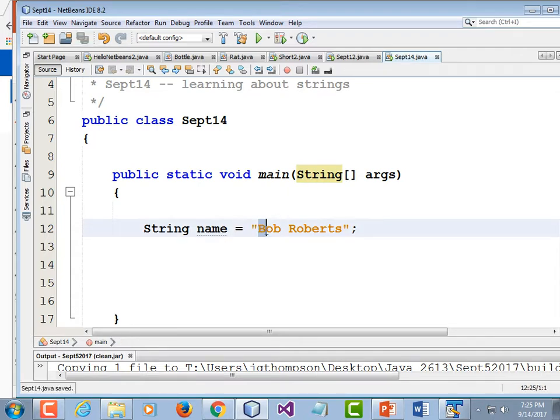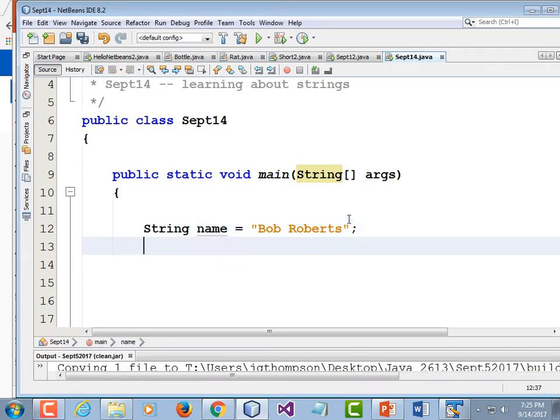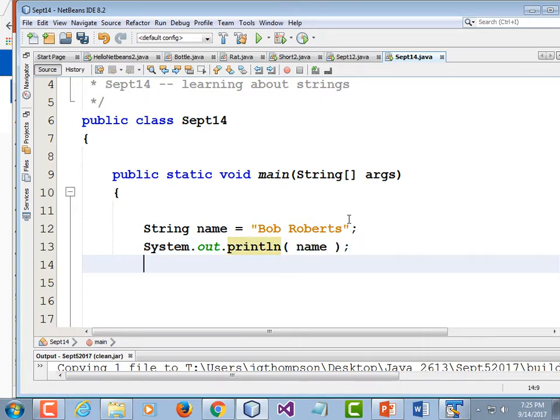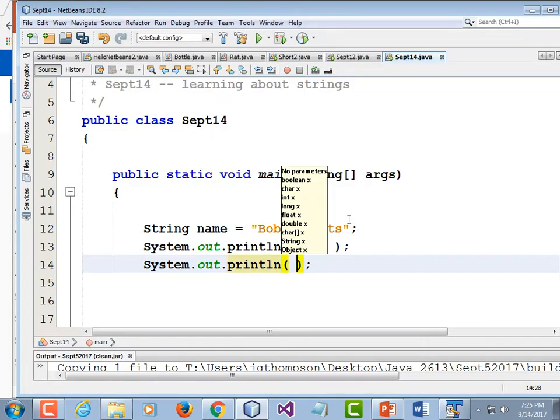Every one of these is its own character. I could print out the whole string, System.out.println name. Or I could just print out one character. So I'm going to add a second print statement. System.out.println